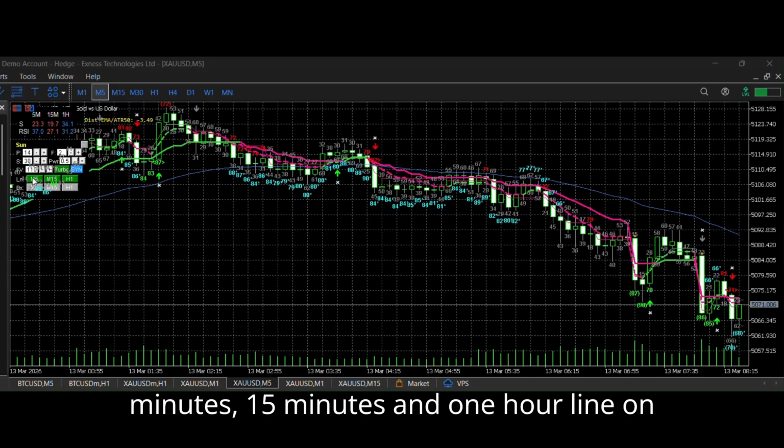So moving forward, it also has a couple of things. As you can see right at this upper place, this is the stochastic readings for the 5 minutes, 15 minutes and 1 hour time frame. This is the RSI. We've talked about the higher time frame overlay lines. It also has higher time frame overlay boxes. So once I turn this on, you see this box popping up, same with the 15 minutes and 5 minutes time frame,